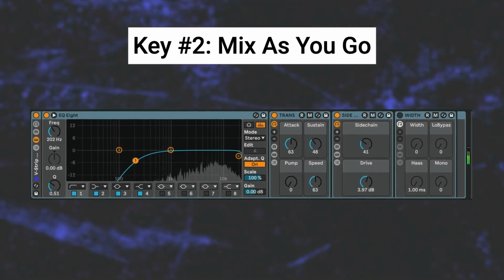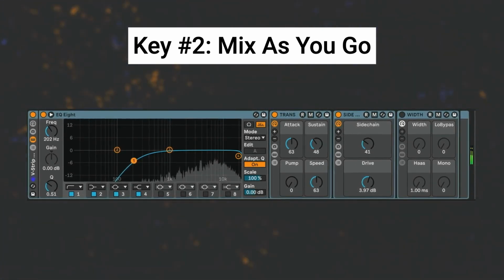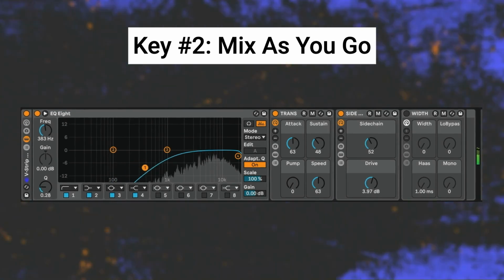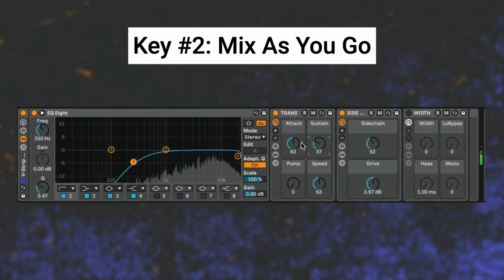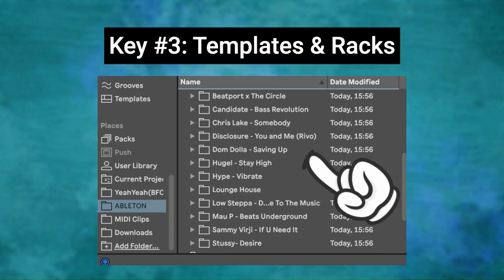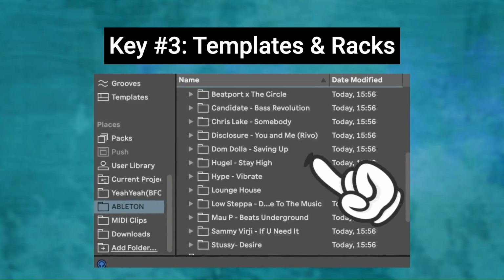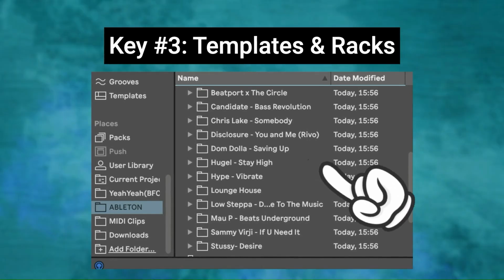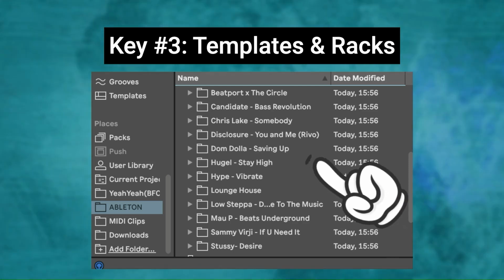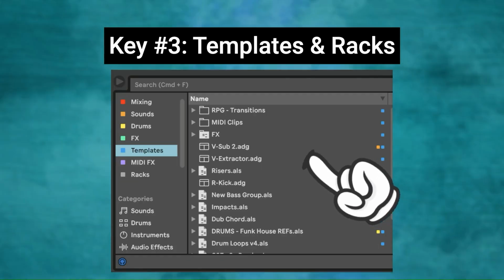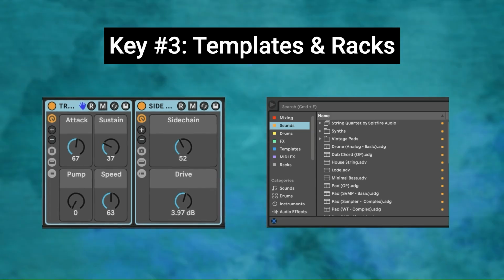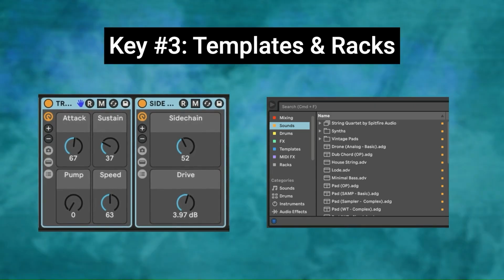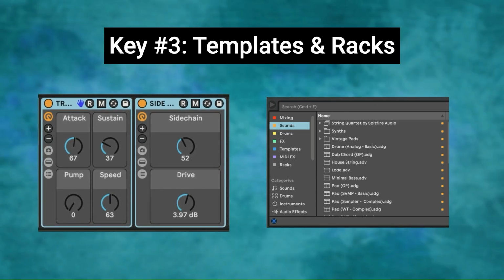The second key is to mix as you go in an extremely streamlined way by only focusing on the volume of our sounds compared to the reference track, as well as using a simple repeatable channel strip for each track that we add to our songs. The third and final key is that you don't want to reinvent the wheel each and every time, so you should start a practice of repurposing your old project files by adding old project files, racks, and groups to your collections area in Ableton. By creating a suite of powerful templates, Ableton racks, and one knob effects that you've personalized and curated over time, you'll be able to get a higher quality result faster.